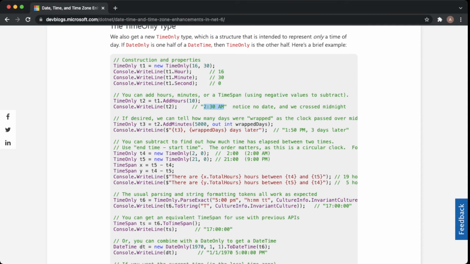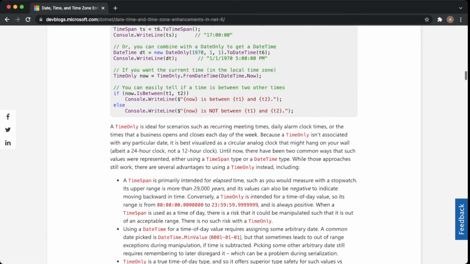These are actually struct types, and they are in the System namespace. These types also align well with SQL Server date and time data types. You can easily assign these two to the SQL Server variables or parameters.